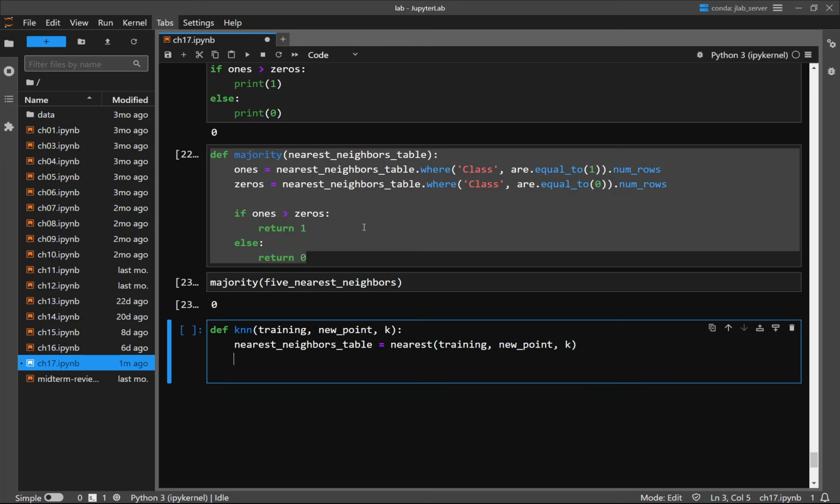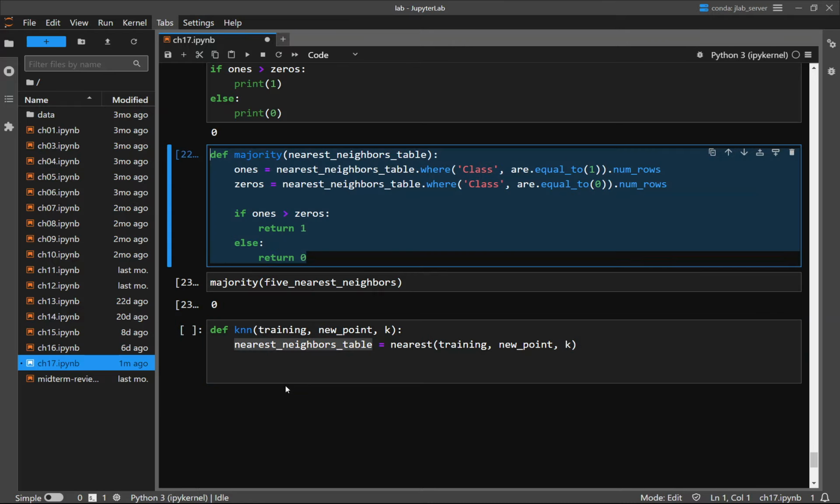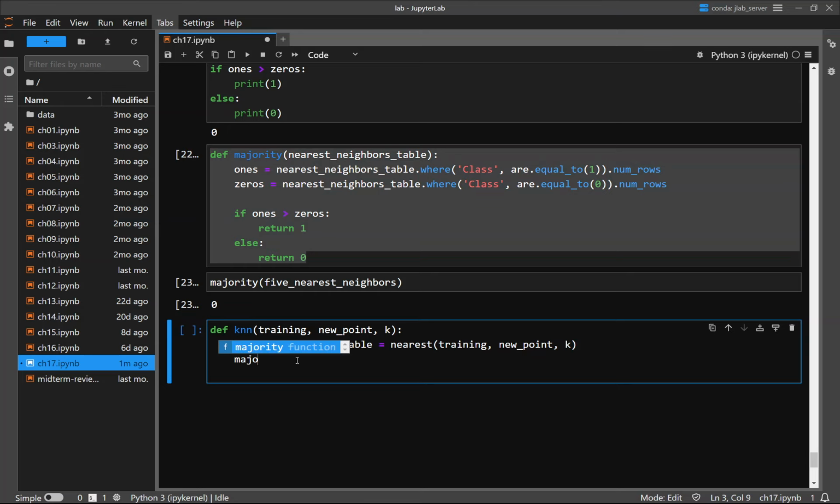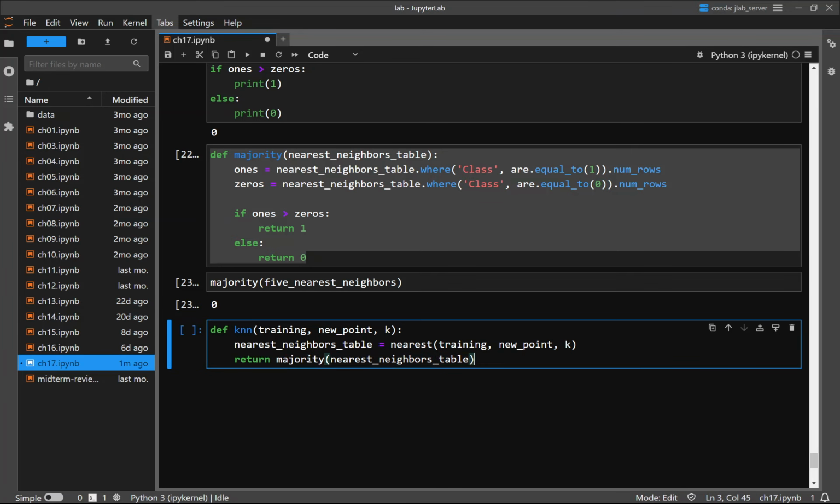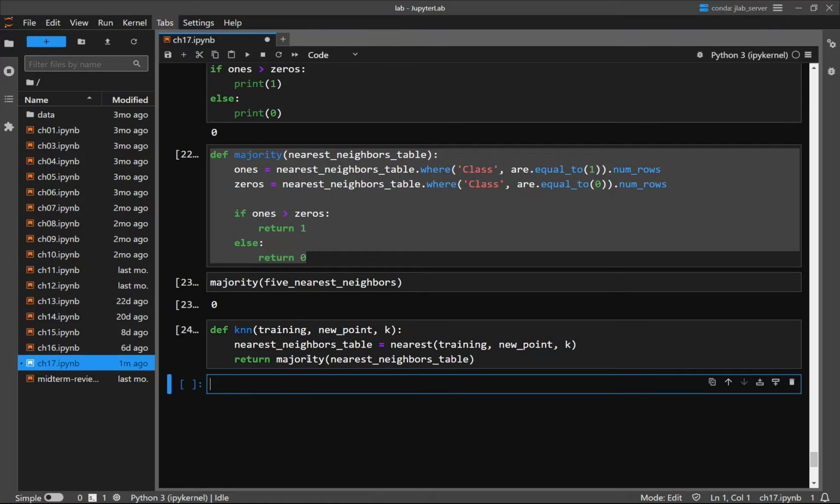And then the last thing we need is, okay, here's our nearest neighbors table. Call majority on it. Have the majority rule. Whatever this was, it'll give back a 1 or a 0. And if it gives back a 1, return that. If it gives back a 0, return that. So return whatever this thing's result is. And it's 2 lines to do the final thing that we care about, but it took a lot of intermediate